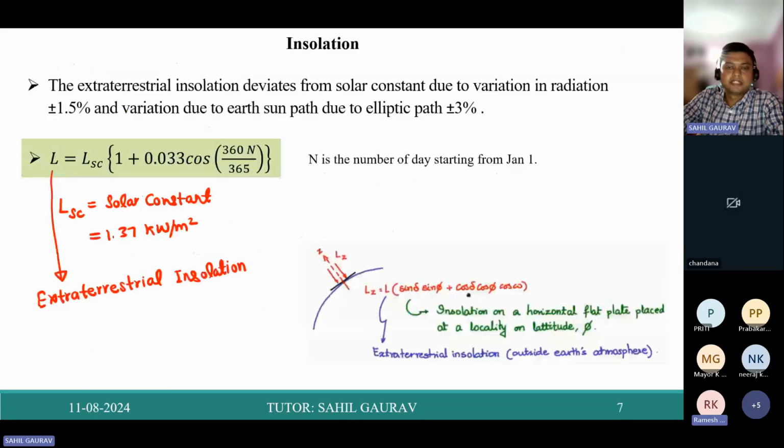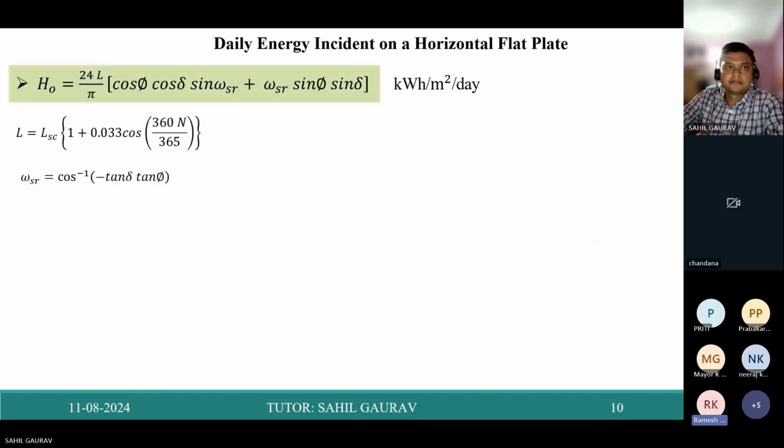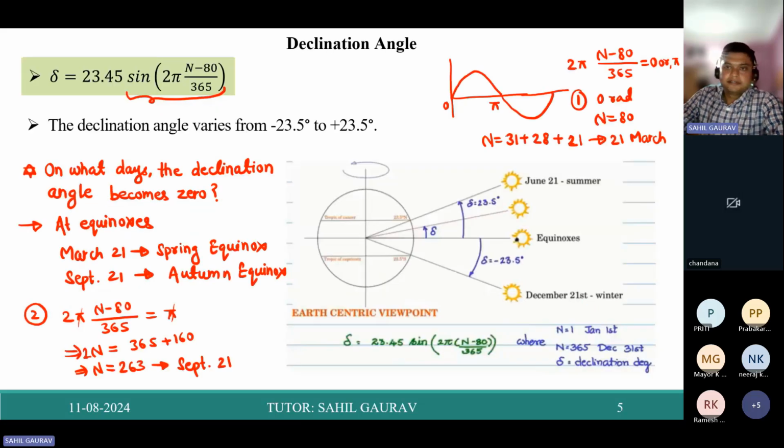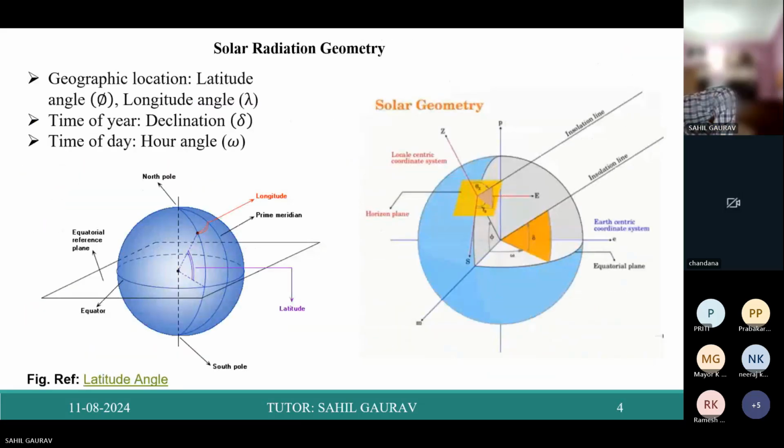Sir, can you brief once again about the angles, all the angles? So here from this solar geometry figure, you can get this delta angle, the declination angle, that mainly depends